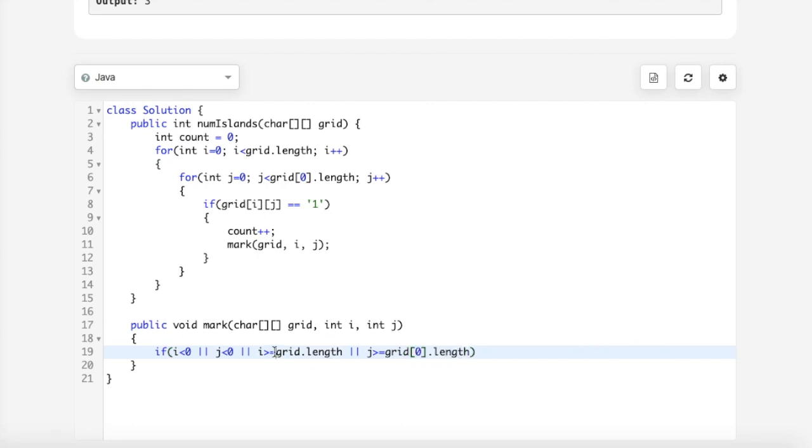So here I am checking the rows and the columns, and if grid[i][j] is not equal to 1, then I have to do nothing. I shouldn't mark anything. So here I'll return.